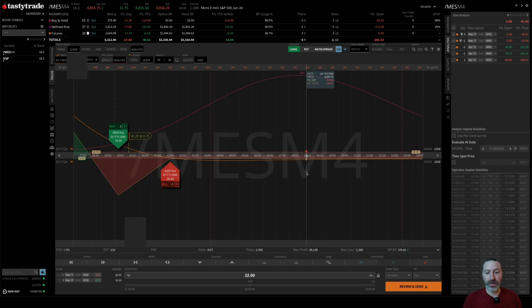And how this works is, if the market starts to crash, right now this would cost $110. We're at like 4,855 for this expiration, but let's say it drops to 4,500, which would be about 350 points. It says the theoretical P&L is -160. But that's if that happened today, which obviously it's not, because the market's up, and that would be an insane reversal. Anyways, so that's today. But if you move it to a week from now, which even that would be quite the sell-off,